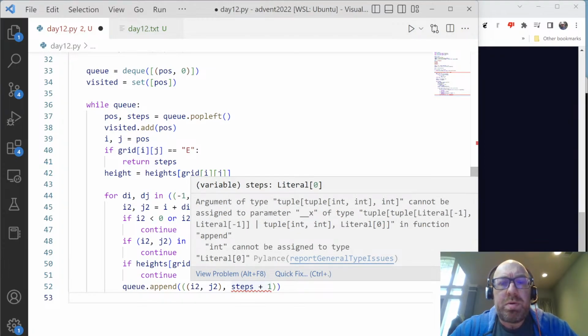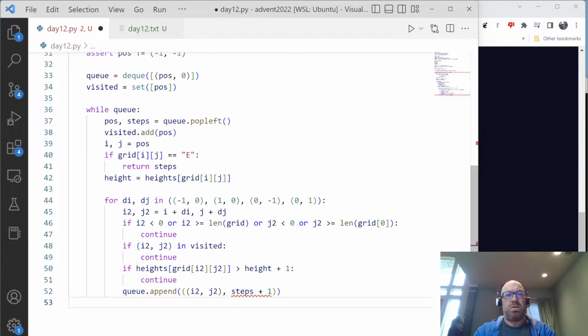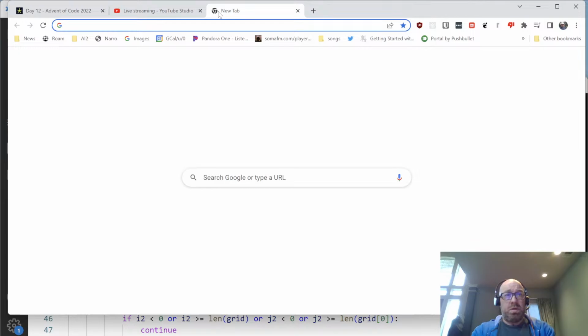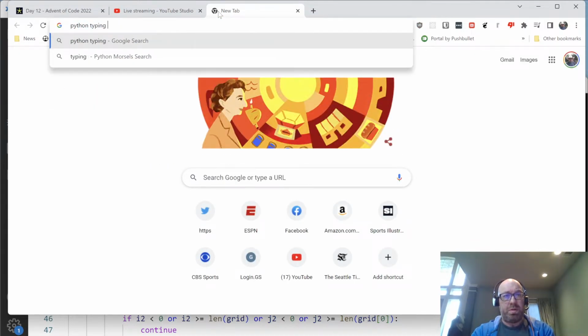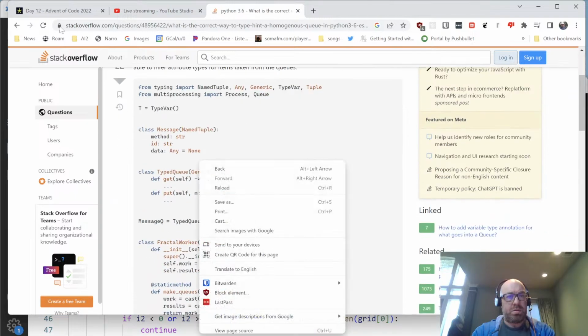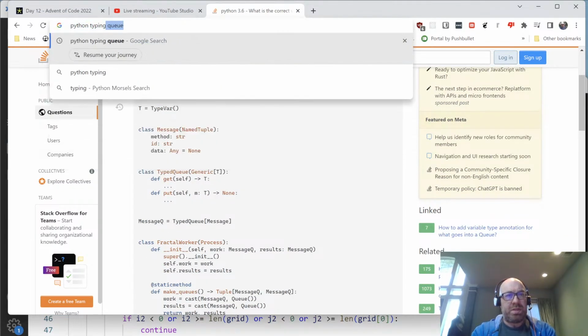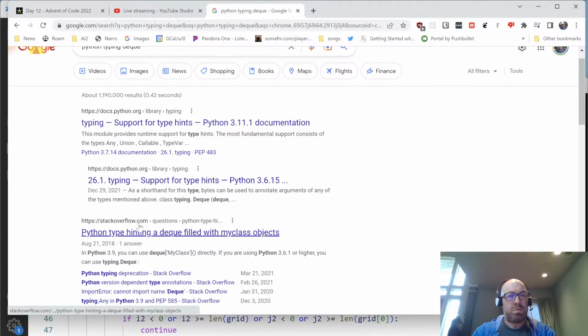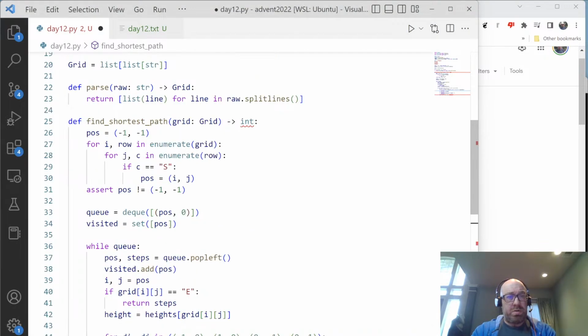Argument of type tuple, int cannot be assigned to parameter x of type tuple, literal 1, or tuple int, literal 0. Python typing Q. Let's see if we got that. What is the correct way to type int? Python typing deck directly. Okay, so